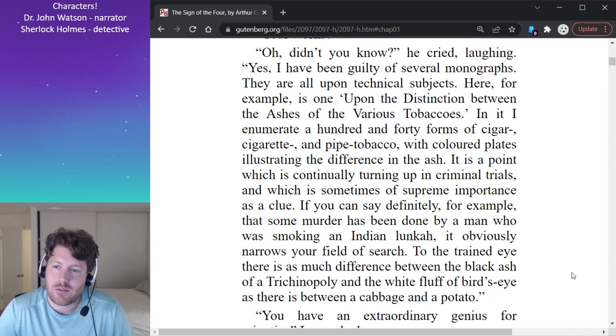If you can say definitely, for example, that some murder has been done by a man who was smoking an Indian lunkah, it obviously narrows your field of search. To the trained eye, there is as much difference between the black ash